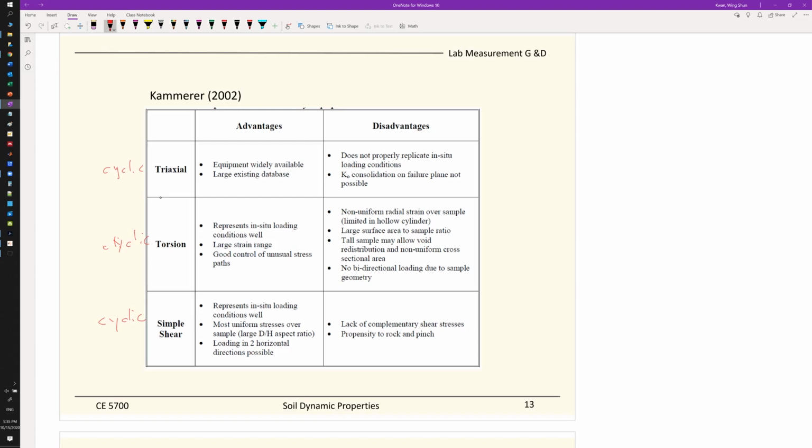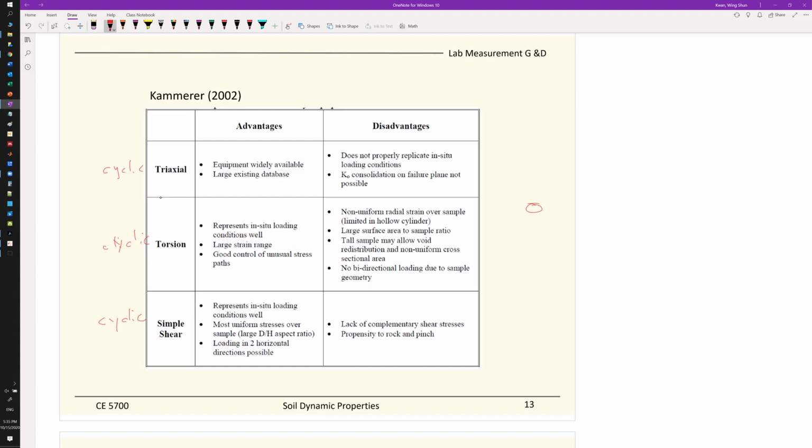And torsional shear tests, first, can represent the in situ loading condition well, and in the torsional test, you can go to very high strain levels, and also you will have good control on unusual stress paths. So if you have a very complicated test that you want to run, this will be ideal. The disadvantage of this is it's not uniform radial strain over the samples, because it's hollow, which means